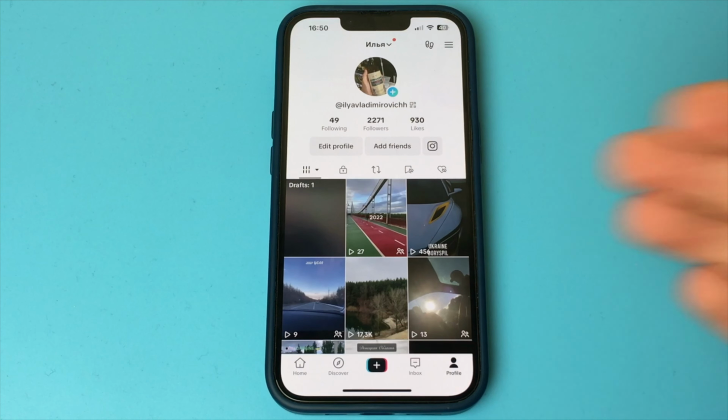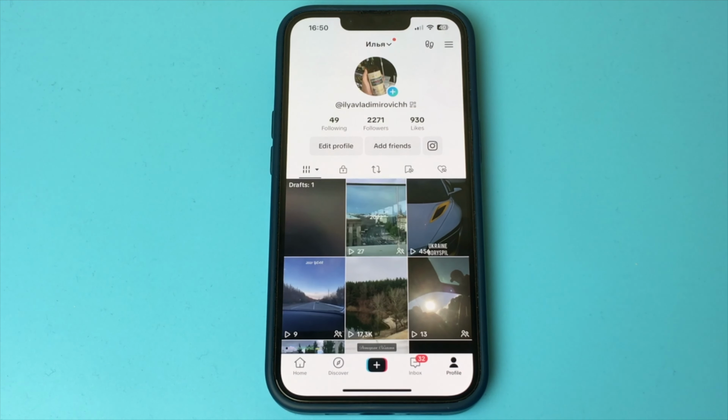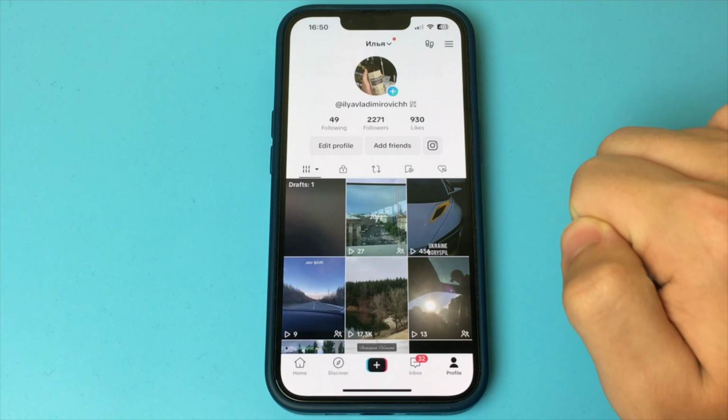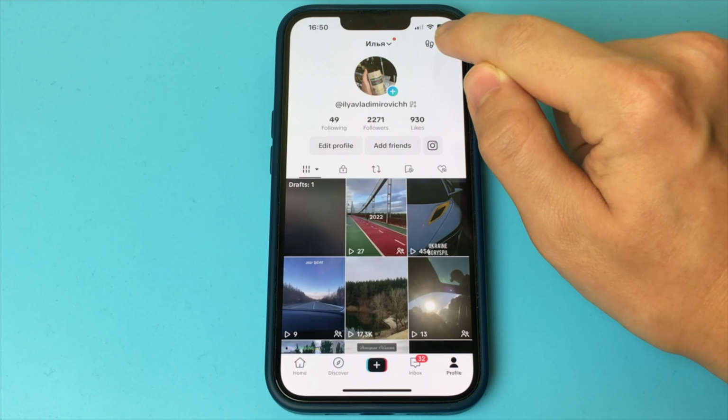Thank you. In this video, I want to show and tell you how you can turn on the black theme in TikTok. That is, you have your TikTok account, you have a standard white theme, but here it does not change when you turn on the black theme on your iPhone or an Android. But there is a way in which you can automatically make it so that you will constantly have the black theme in TikTok as soon as you go into it.